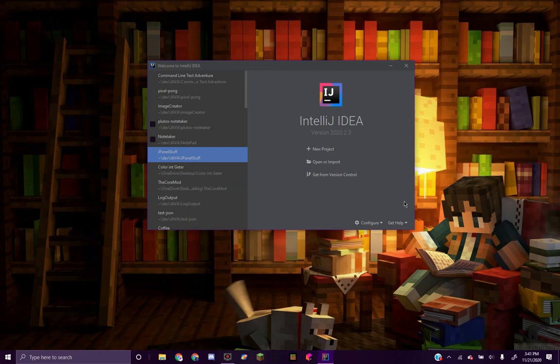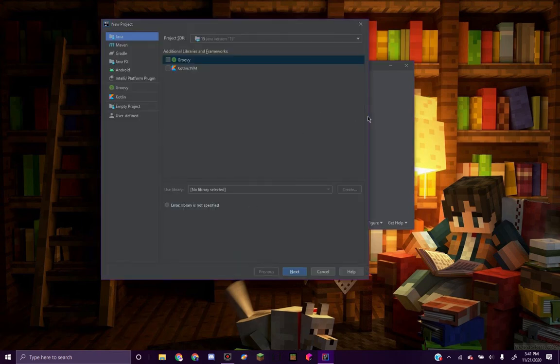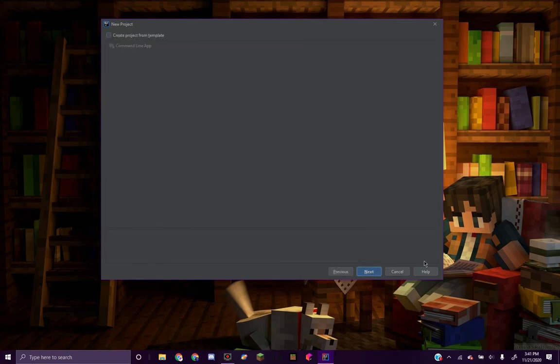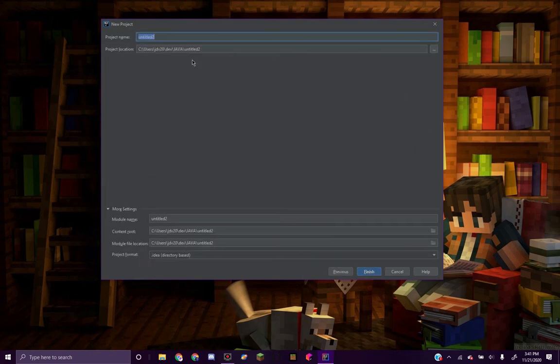So make sure you have IntelliJ open and create a new project. Just do a standard Java project. That's all you really need for this. And we'll just name it Methods and Classes, because that's what we're learning about today. So then hit finish,